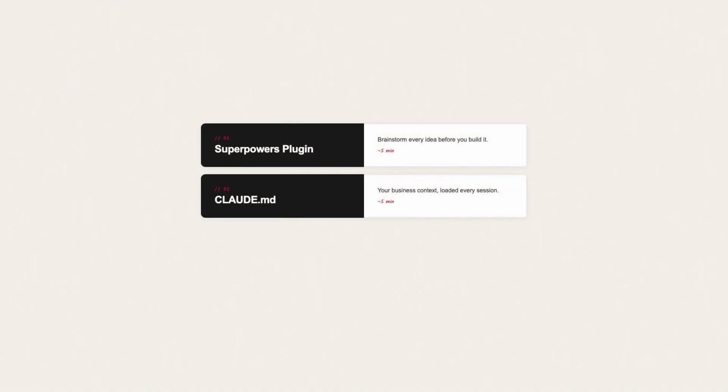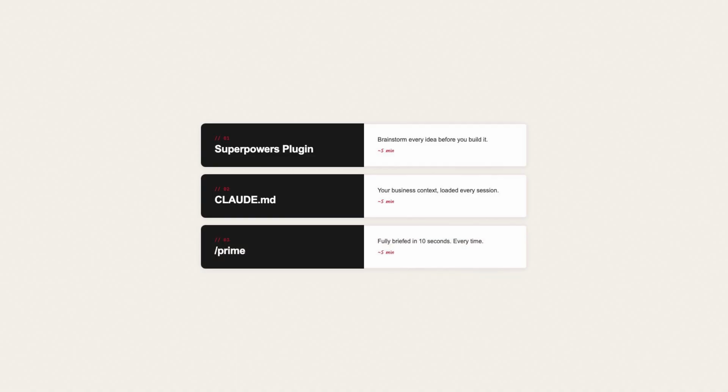3 pieces. First, the Superpowers plugin, which I use to stress test every new idea I have in Claude. Second, a claude.md file, which loads my whole business context automatically at the start of every session. And third, a slash command called /prime, which gets Claude briefed in about 10 seconds. Each one takes about 5 minutes to set up, and together they've changed how much I trust what comes out